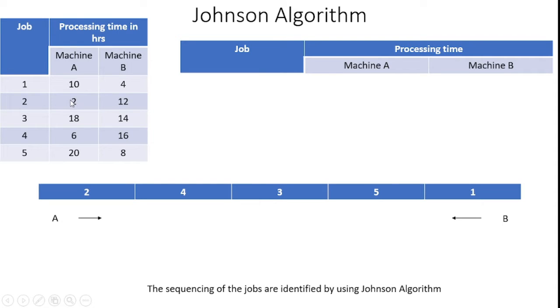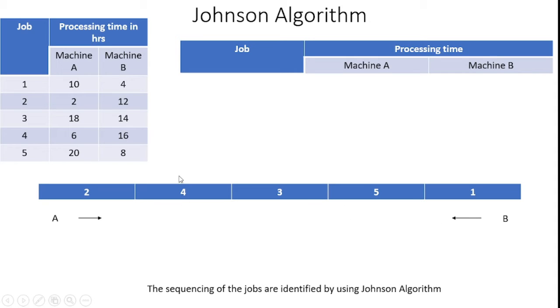The smallest time I select first, and after that I allocate that job into the machine, and I create a small box. Here 5 jobs are available, so I create a box with 5 columns. In that, machine A has the minimum value of 2 hours, so I assign the second job first. In this box, left to right and right to left are both available. I always consider A from the left-hand side, B from the right-hand side.